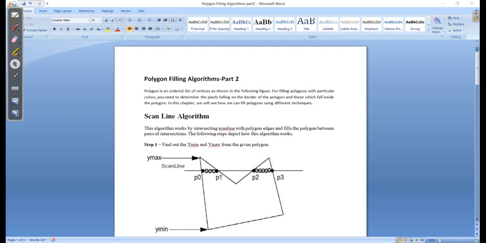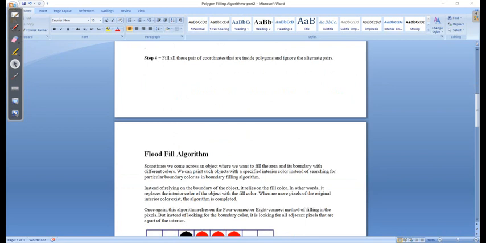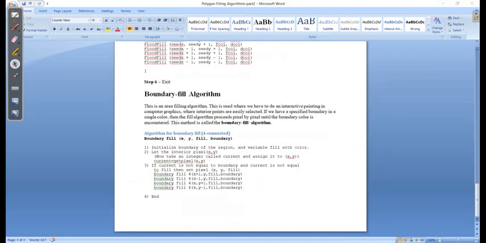Hi guys, today I will try to give you an overview of Polygon filling algorithms. We will discuss three polygon filling algorithms, named Scanline algorithm. Then we will discuss flood fill algorithm. Then we will discuss boundary fill algorithm. To effectively understand these algorithms,